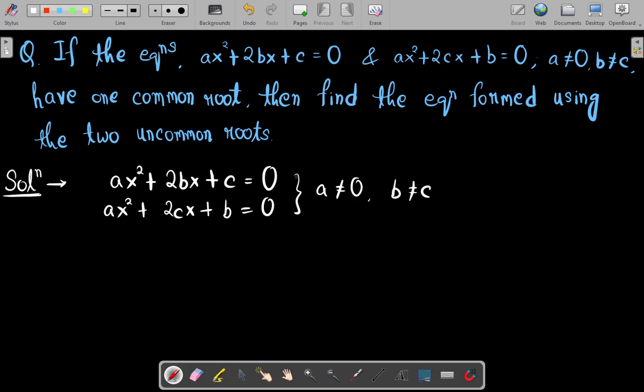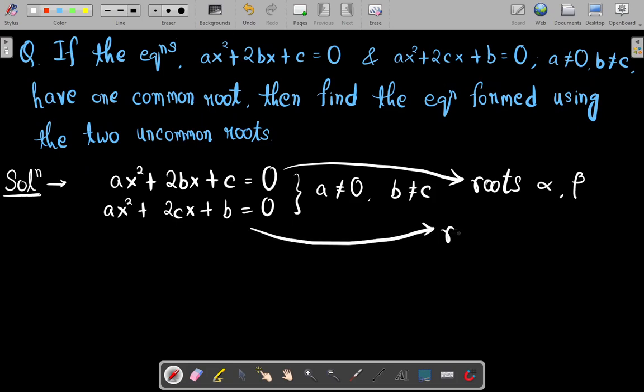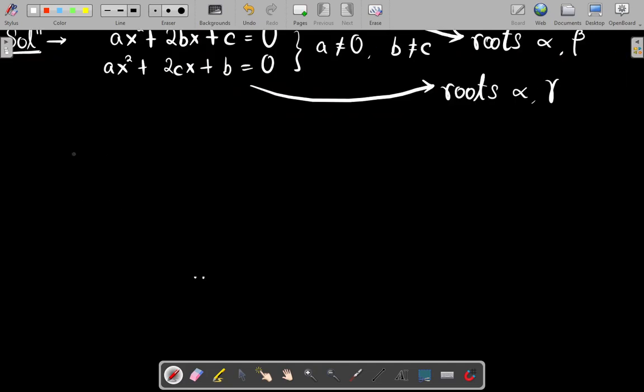Let's say this equation has roots alpha comma beta, and this second equation will have roots, there is a single common root, right? So let's say alpha is the common root, the other root will be alpha comma gamma. Since alpha is the common root,